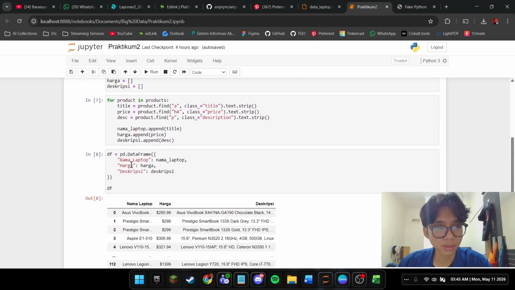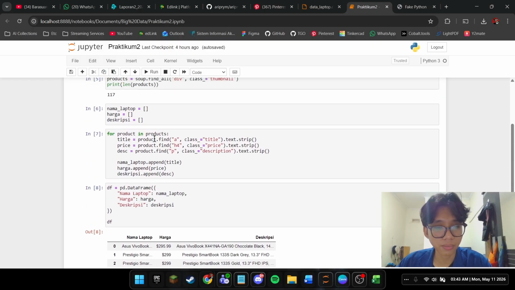Inside the loop, I extract three main elements from each product card: the title from a tag with class title, the price from an h4 tag with class price, and the description from a p tag with class description. Each value is cleansed using .text.strip() to remove any hidden white space, then added to the corresponding list using .append.